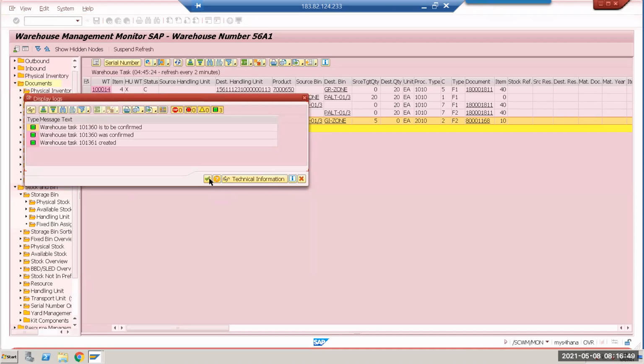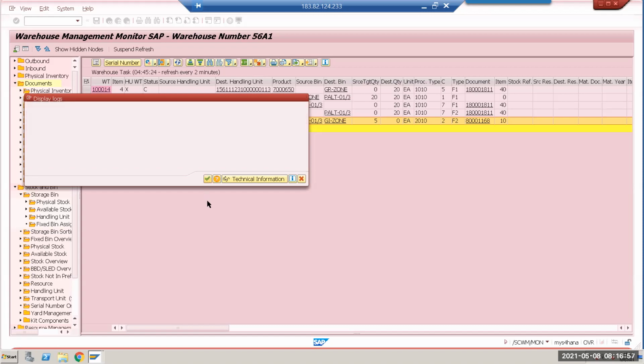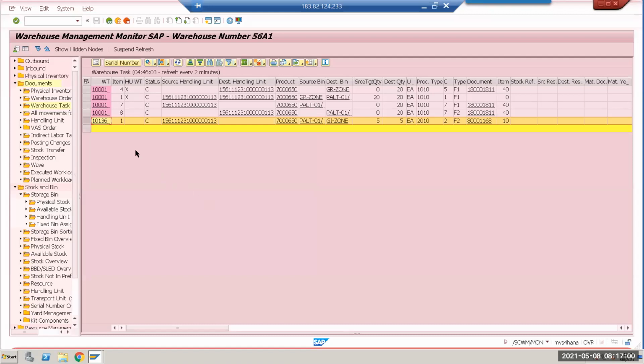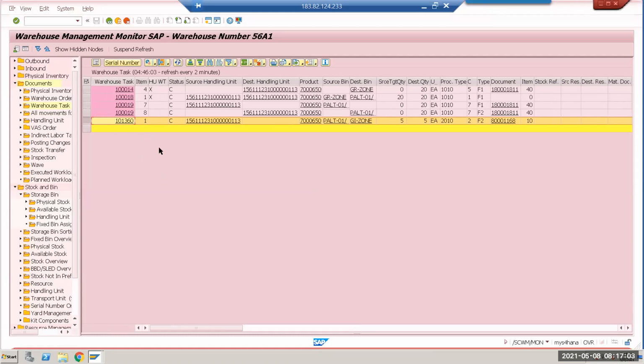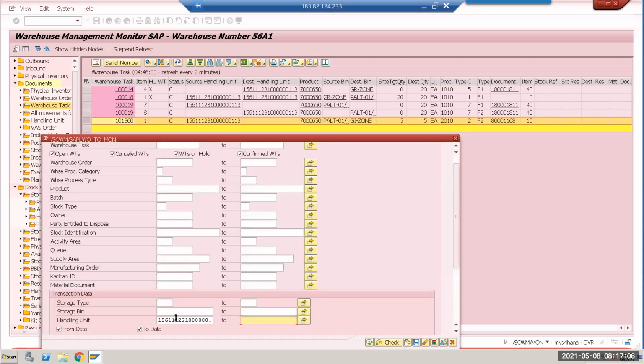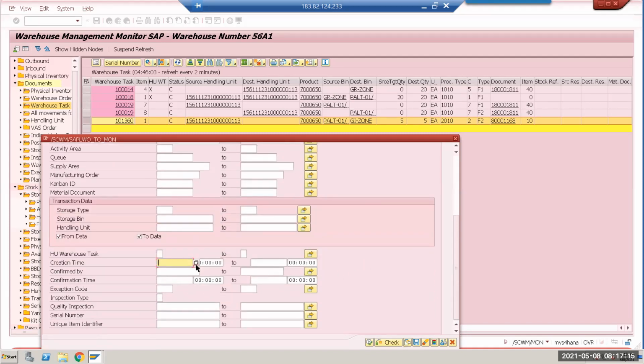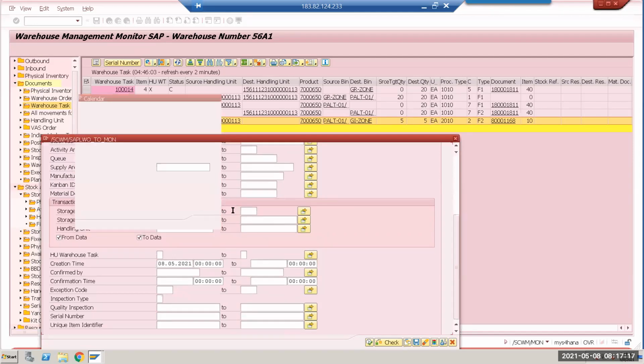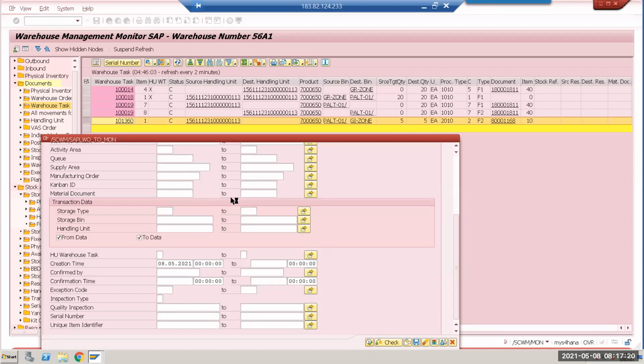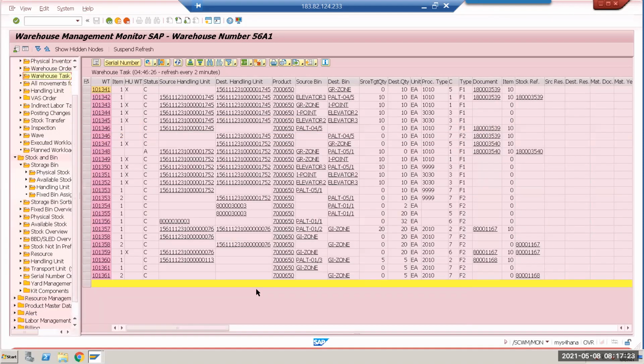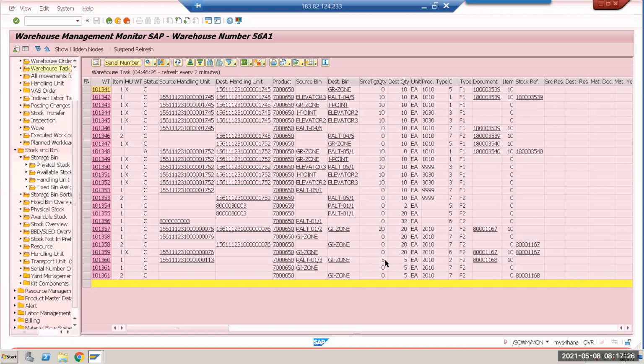I think the same happened for me also, sir. Last week I was telling, no? A warehouse task is created something over here, 361, okay, and 360 is confirmed. Just check. Let's see what it is. Okay, instead of the HU, I'll go with this. Oh, I'm sorry, I did not see this with the HU. This is the one I have to see. Today's date. Only open tasks, right? Okay, I think it is directly going with the.